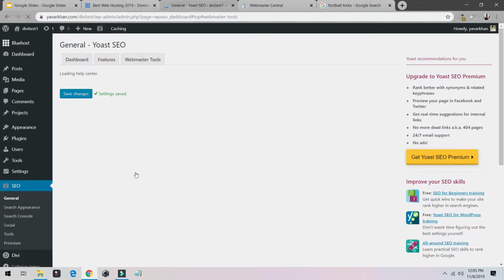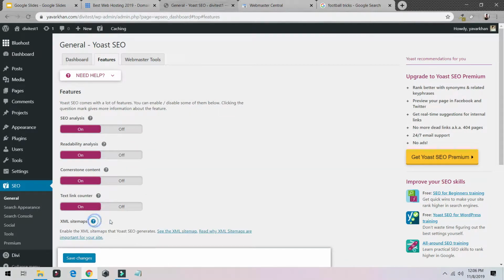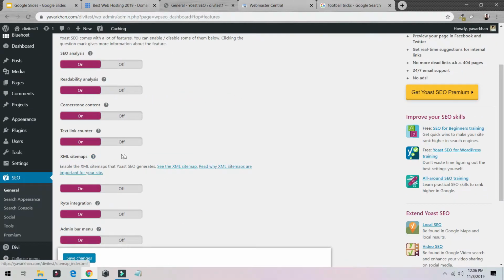Voila guys. Congratulations again, you all have just verified your website with Google. It will help you much faster. Your website will rank much higher in Google. Now once this is done, the second thing you have to do is XML sitemap. You see, so what you have to do is come on features, come on XML sitemap, just click over here,